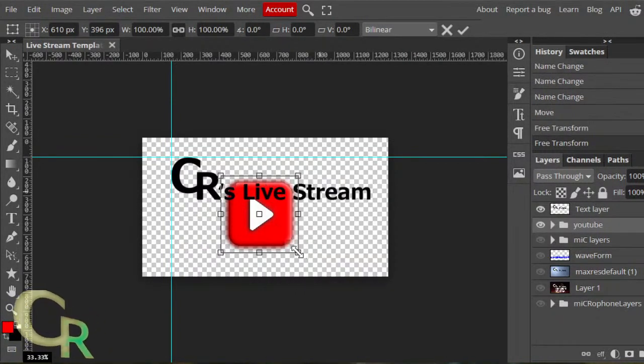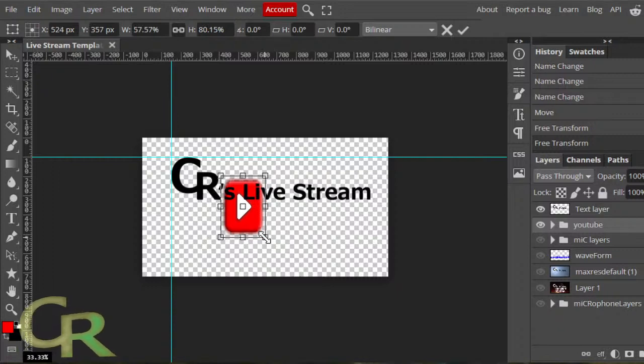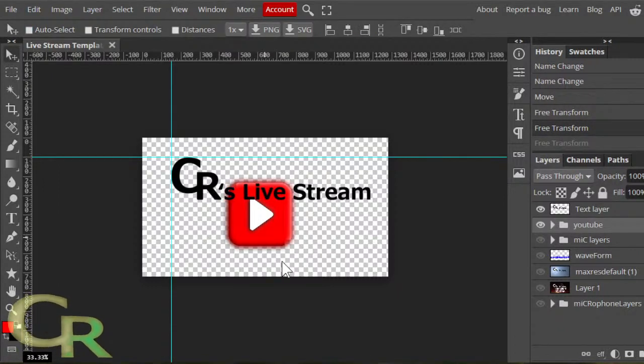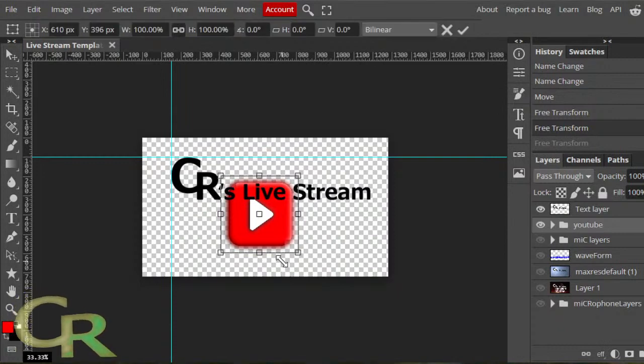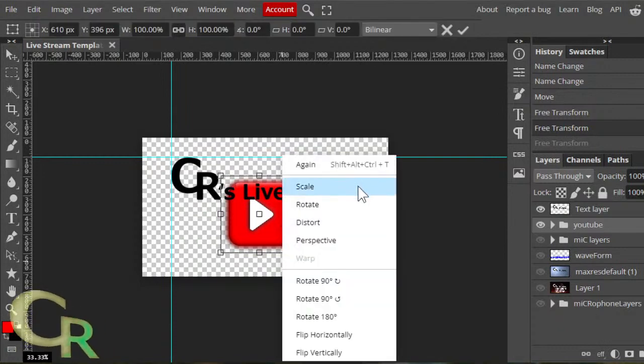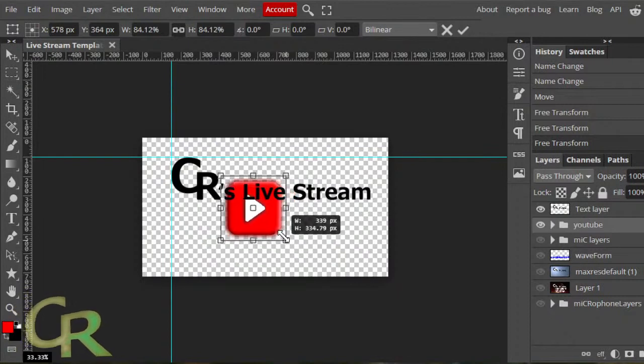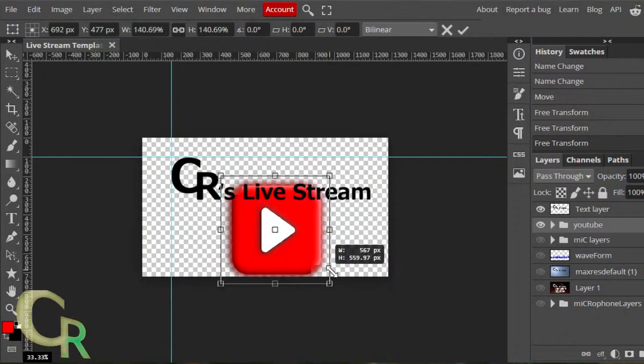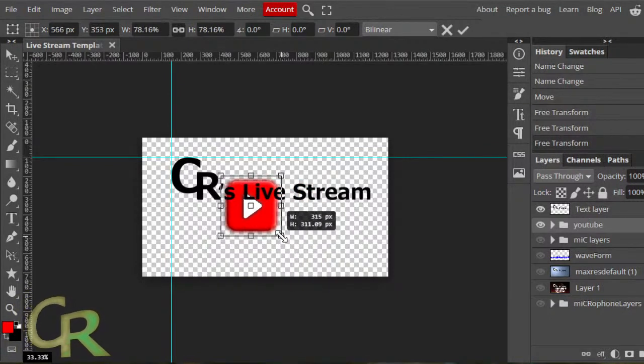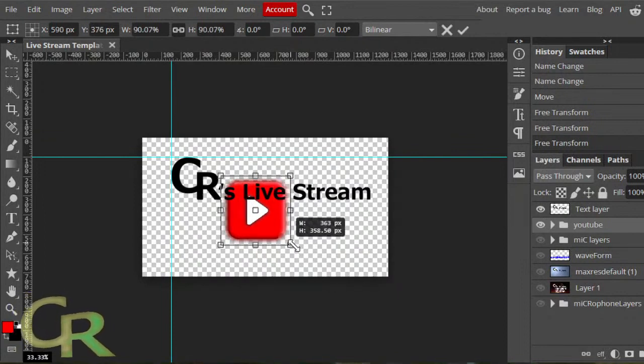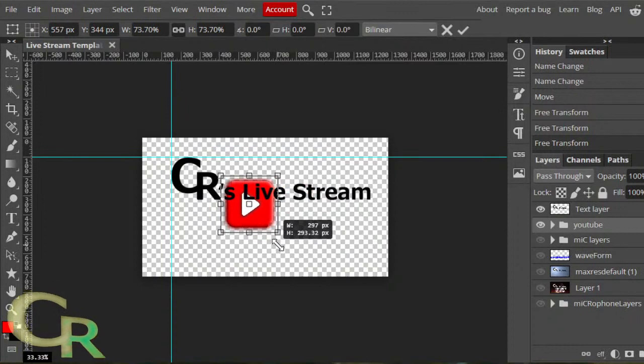So we'll scale it. Let's try that again. Alt Control D, right click, scale, and hold Shift to keep the proportions. Yes, I'm trying to remember the terminology.